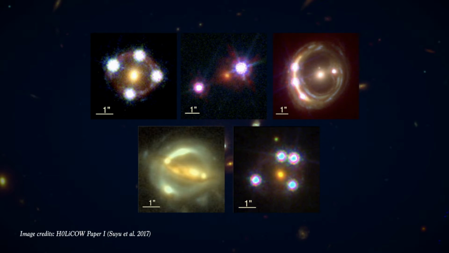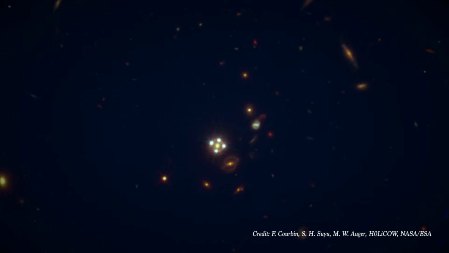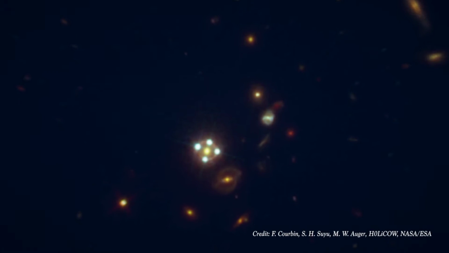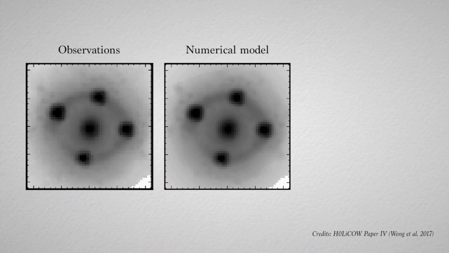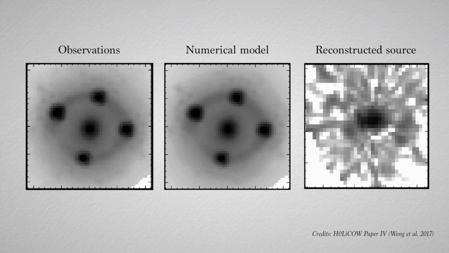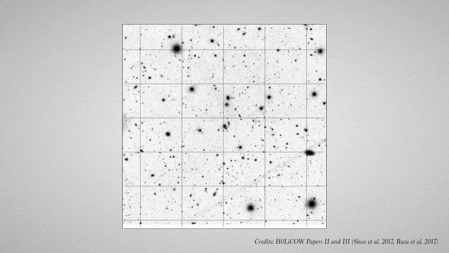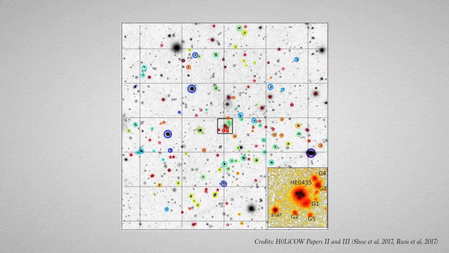We use 5 of the best lensed quasars discovered to date to measure the Hubble constant. Our most recent one being HE0435, a bright, quadruply imaged quasar seen here with a Hubble Space Telescope. Using such images, we can build a model of the foreground galaxy mass distribution and predict how the background quasar looks like through this cosmic lens. The bending of the light rays depends primarily on the lens galaxy, but all the other galaxies along the line of sight between us and the quasar also have a small but measurable impact on the bending.